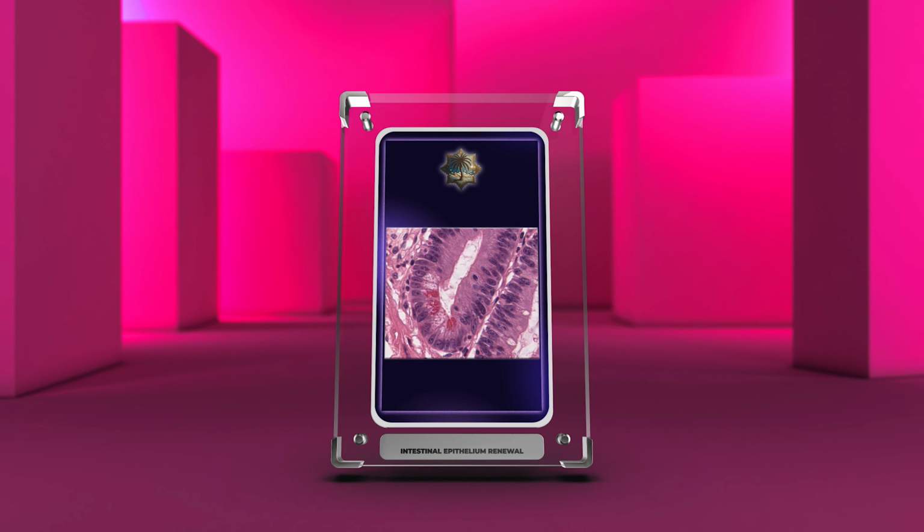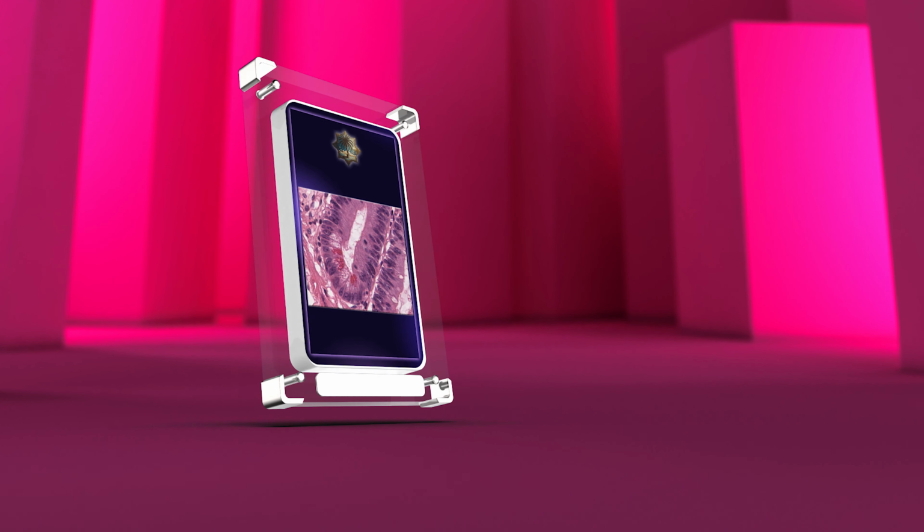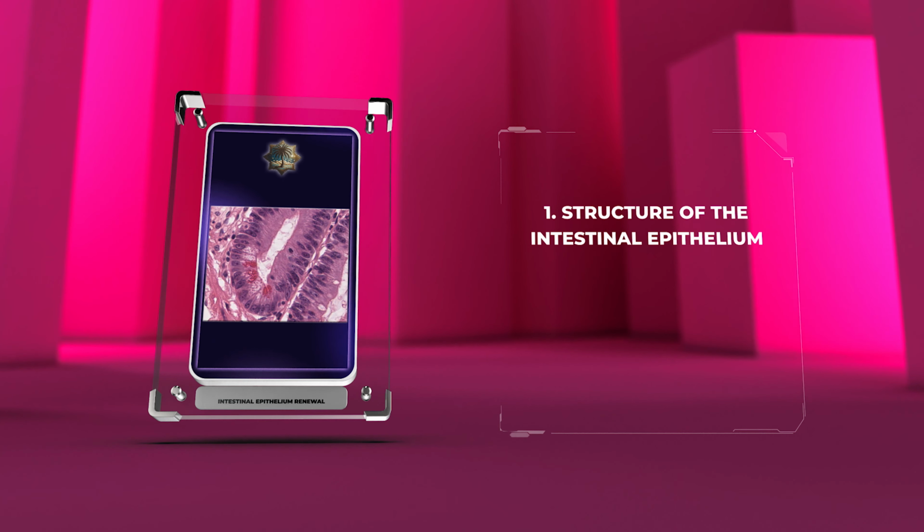So let's dive in. The intestinal epithelium is a single layer of cells that line the innermost surface of the intestinal wall. It forms folds, known as villi, which increase the surface area for nutrient absorption. Each villus is covered by specialized cells called enterocytes, which have microvilli on their apical surface that further enhance absorption. Below the enterocytes is the lamina propria, a connective tissue layer that houses blood and lymphatic vessels, immune cells, and